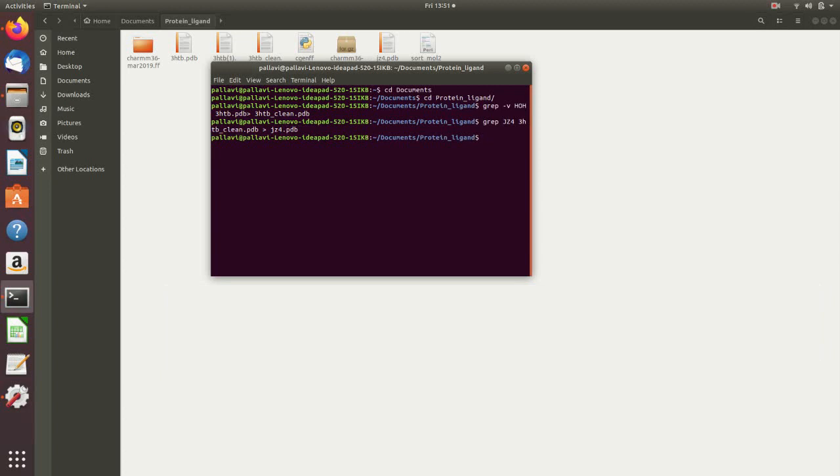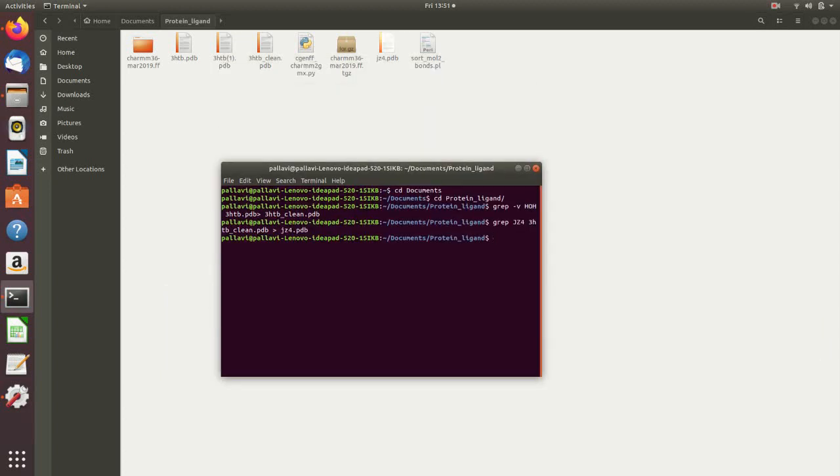So this will save our atoms of the ligand into a separate file.